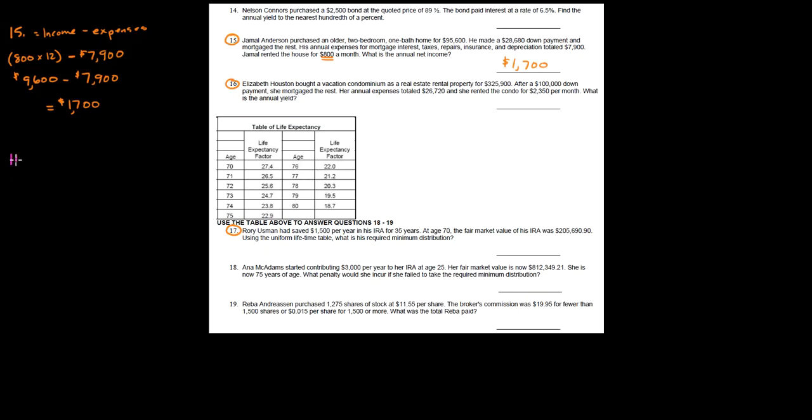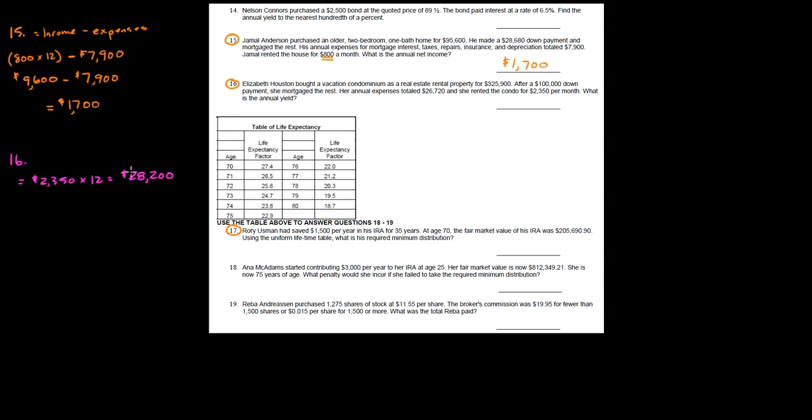All right, looking at 16. In number 16, bought a vacation condo, $325,000, $100,000 down payment, mortgage the rest. Her annual expenses were $26,720. Rented it for $2,350 per month. So that means the income here would be 2,350 times the number of months, which would be a total of $28,200